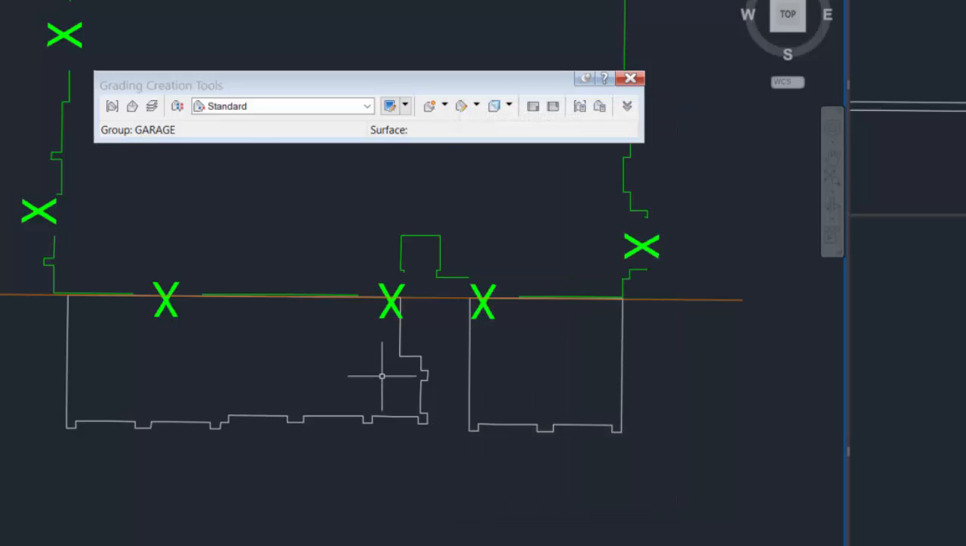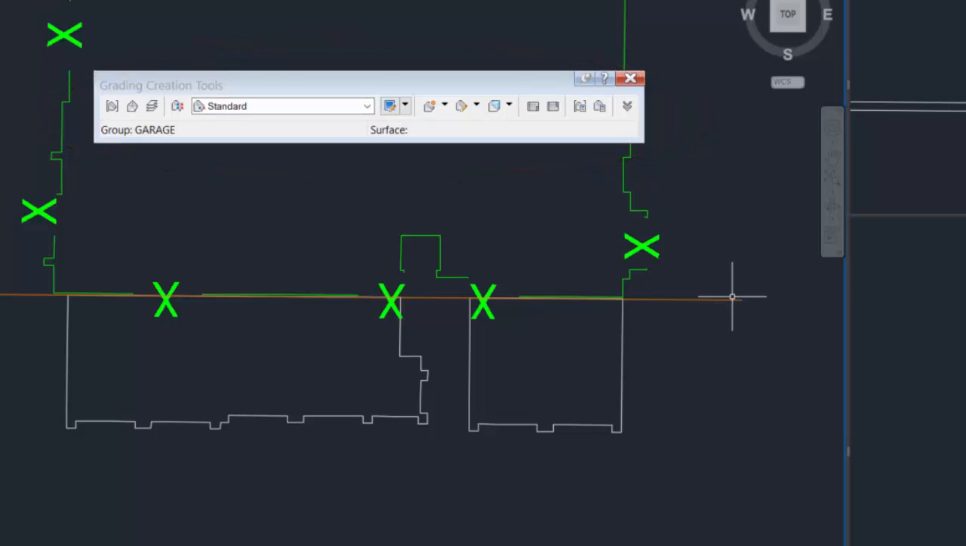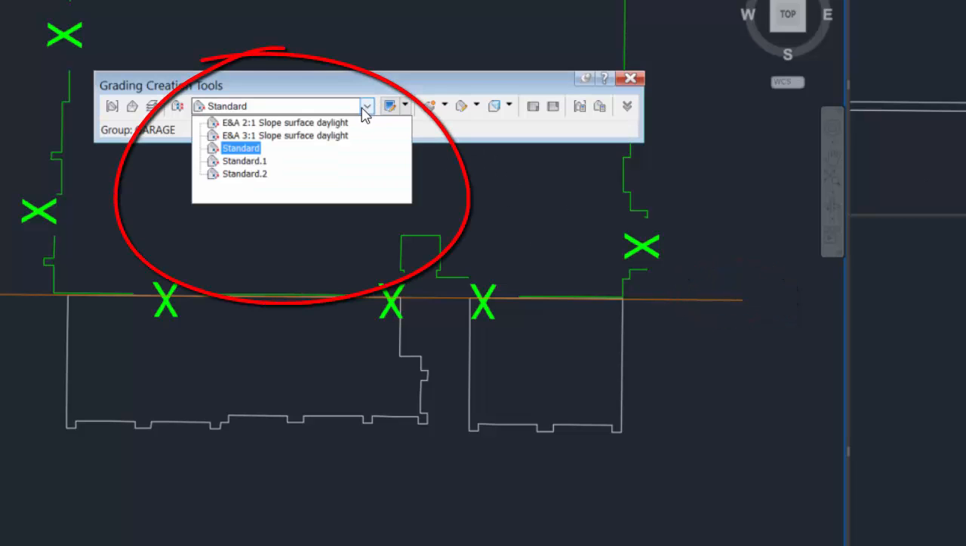And we'll hit OK. And so now we've got the group, we've got the site, and a grading object, I should say, can only come off of a feature line if it is on the same site. So that's why we're creating that extra site. So here's some of the grading